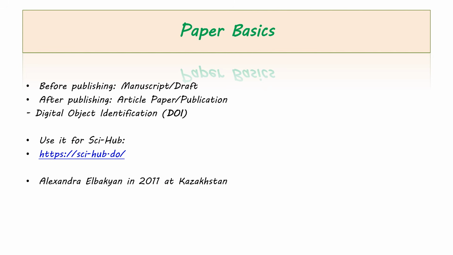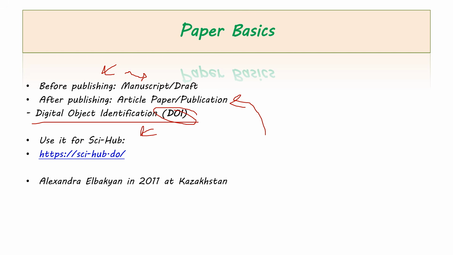Before starting, I will just provide you some basics about the paper. Always before publishing, the paper will be named a manuscript or a draft, and after publishing it will be named an article, paper, or publication. To identify a paper, we have a special number named the Digital Object Identifier, DOI, which helps you identify these papers after publication. And this DOI, you can use it on a website to have open access, full text PDF for any